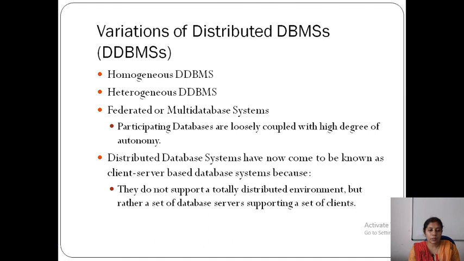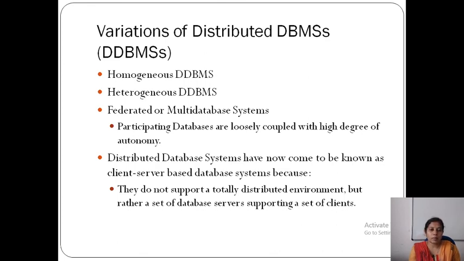Then distributed database systems, nowadays they are called client server based database systems, because I'm not distributing the databases among multiple systems. Instead, we'll have a server kind of arrangement.